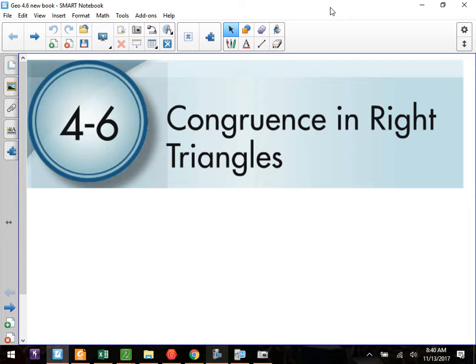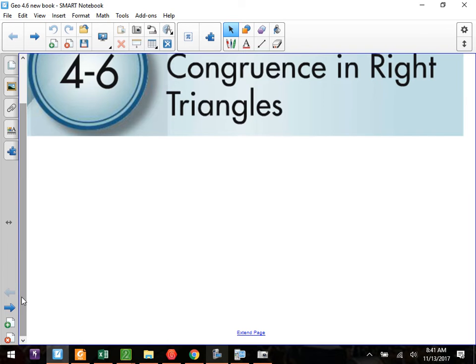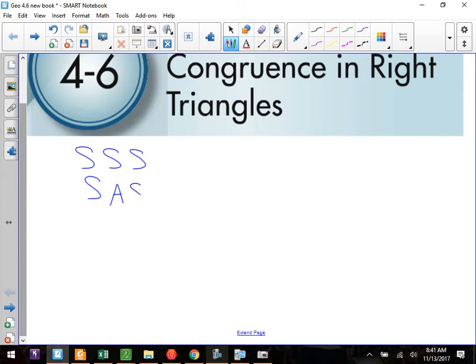So when we're talking about all the different ways that we have to show that triangles are congruent, we have side, side, side; side, angle, side; angle, side, angle; angle, angle, side. We had all of those. But the new one, the one that we haven't talked about, is called hypotenuse leg. So when we talk about hypotenuse leg, you have to remember what the only type of triangle that has a hypotenuse is. It's a right triangle. So when we define this out,